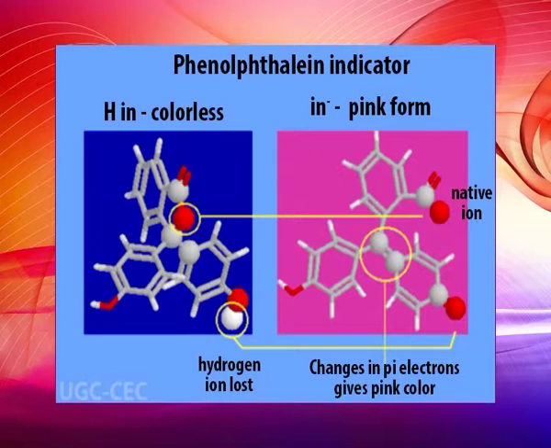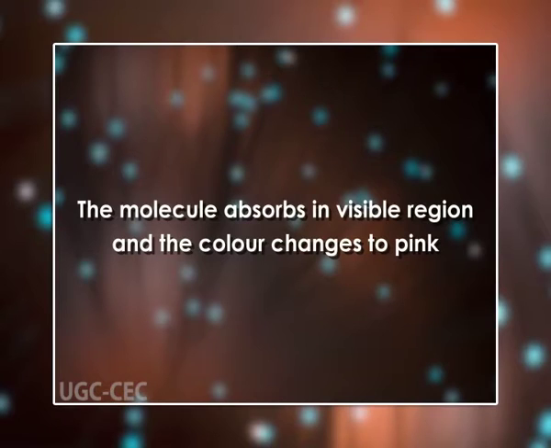Almost instantly, the 5-sided ring in the center opens and the electronic structure around the central carbon changes to a double bond, which now does contain pi electrons. The pi electrons are no longer confined separately to 3 benzene rings, but because of the change in geometry around the yellow circled atom, the whole molecule is now flat and electrons are free to move around the entire molecule. The result of all of these changes is that the molecule absorbs in the visible region and the change in color is to pink.